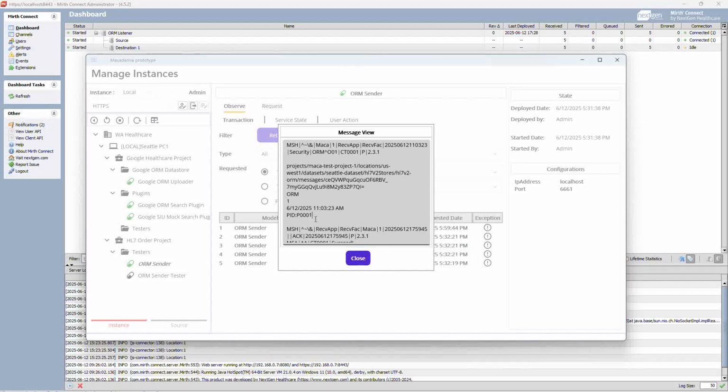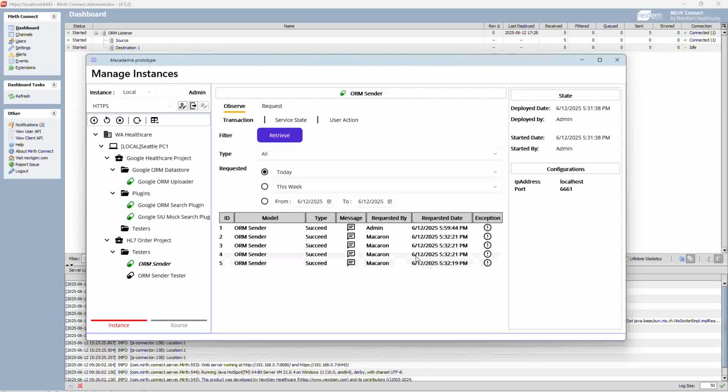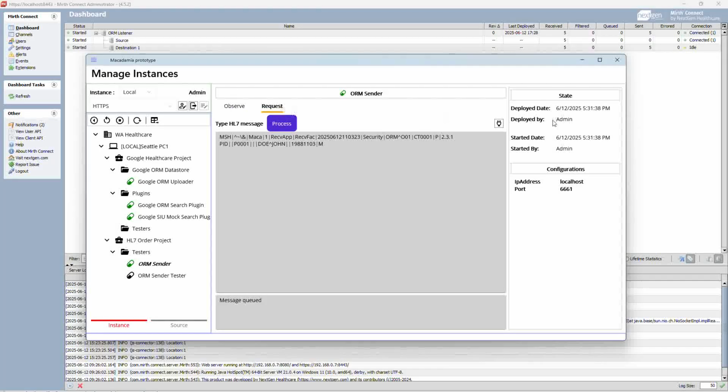And of course, we capture certain data in here. So we have this name and the ORM, which is the message type and sending facility value, and the message processing date and PID, which is what we picked. So we currently have 5 messages processed by using this request